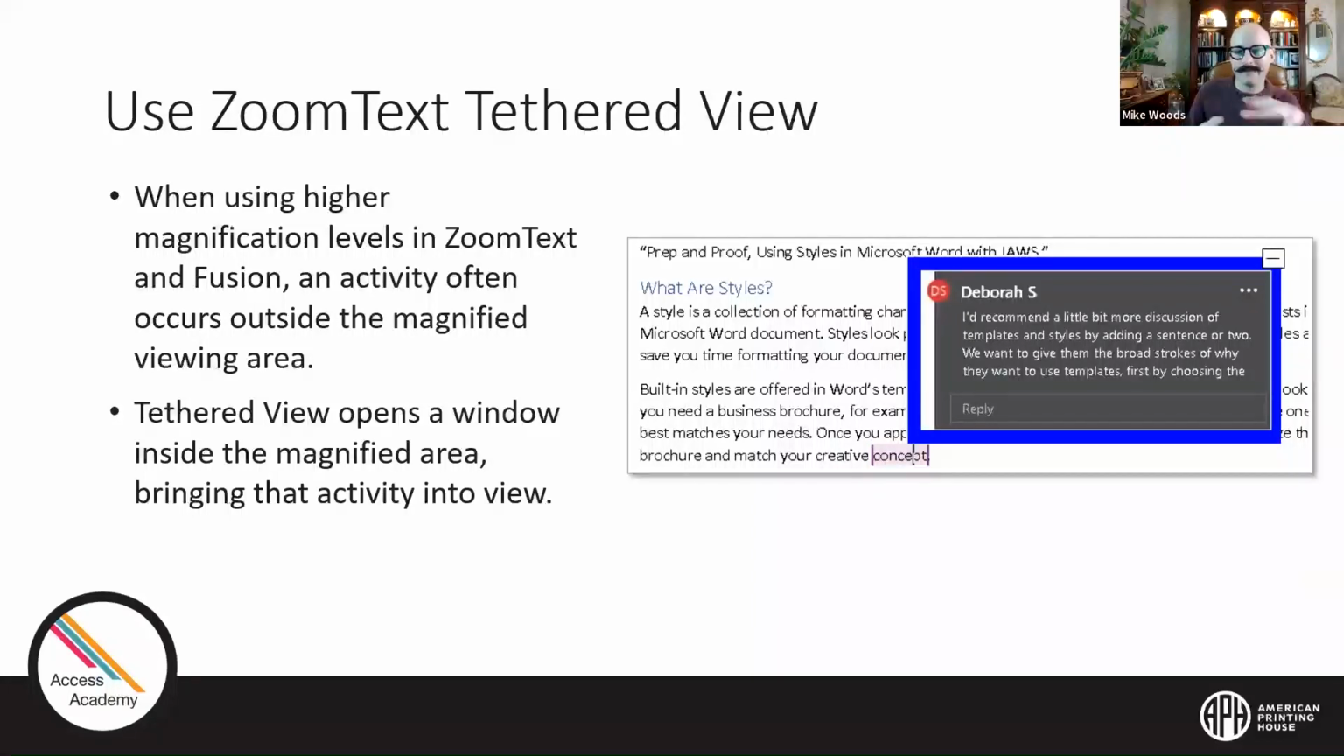When using high magnification, those of you, I think 15% of you said you were using ZoomText and 13% are using Fusion on this call, you're familiar with when you're using higher magnification levels and you want to do something else, such as go down to the search menu at the bottom left, or inside of a Word document, maybe you're looking at comments that were left in the document, that activity is happening outside of the magnified view range